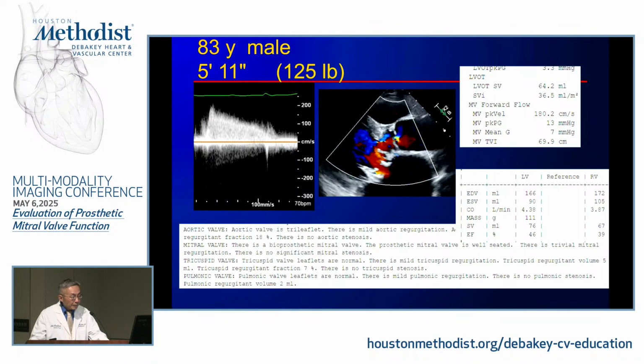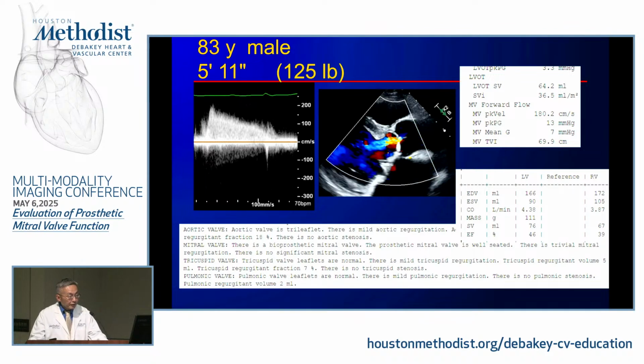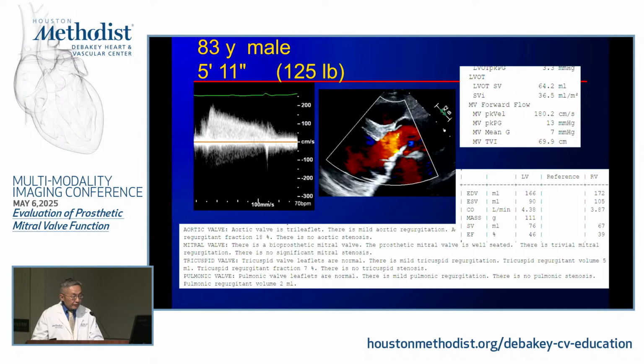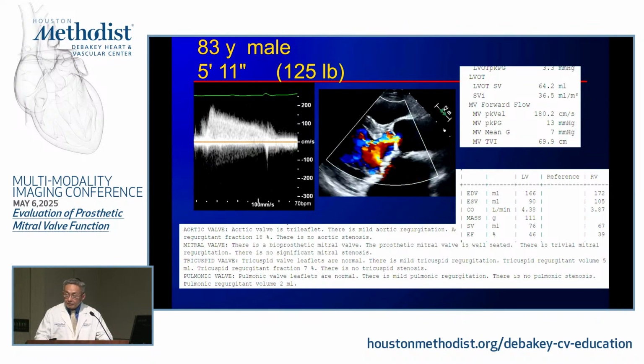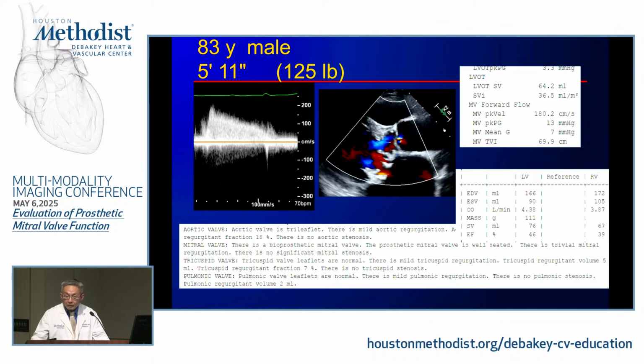Yeah, but if we apply the Doppler finding we just talked about, you get a stroke volume LVOT of 64 and mitral valve TVI of 70. That implied to me the mitral valve area by continuity equation will be less than 1. Am I wrong? Okay, so severe,